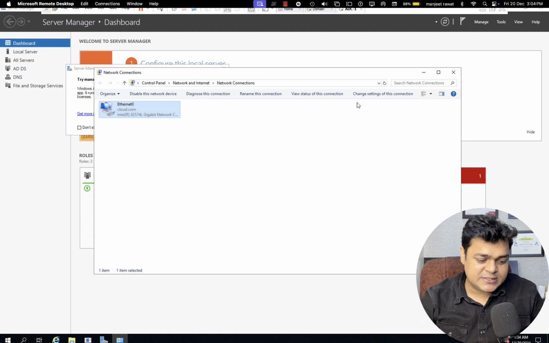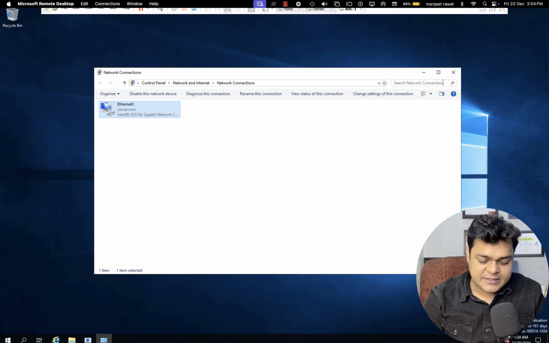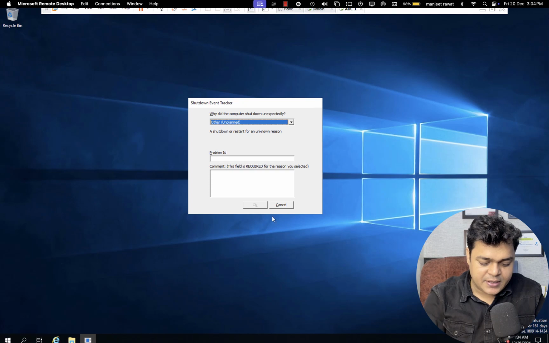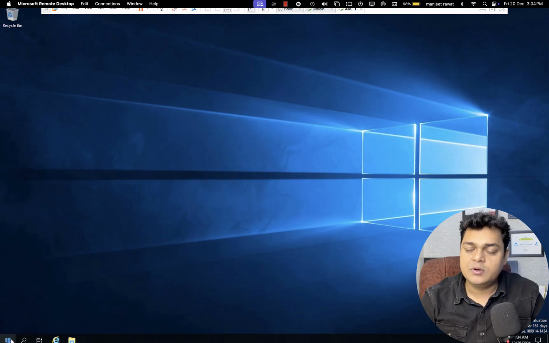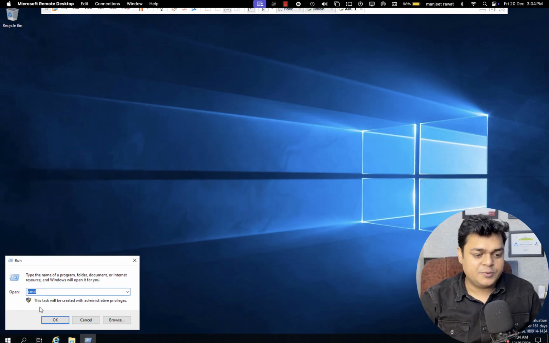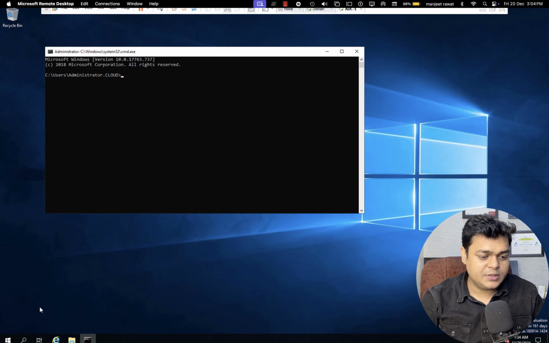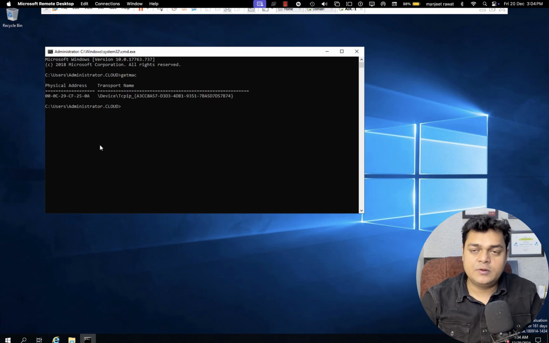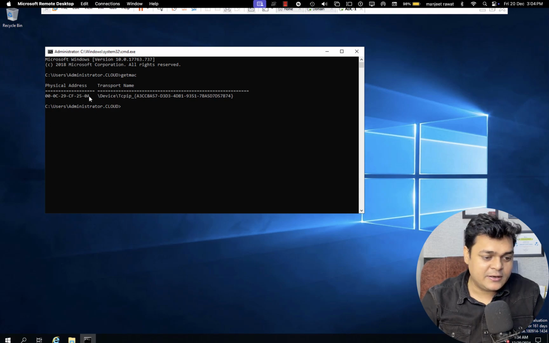So the prerequisites are, you just need to open CMD on the device and type getmac, right? This is the command that helps us to know the MAC address of your current computer. Just copy the details of the MAC address. Go to the domain controller and open the DHCP panel. Right click on scope,